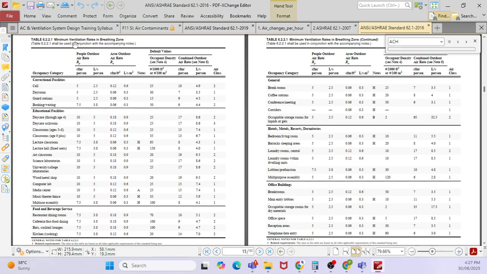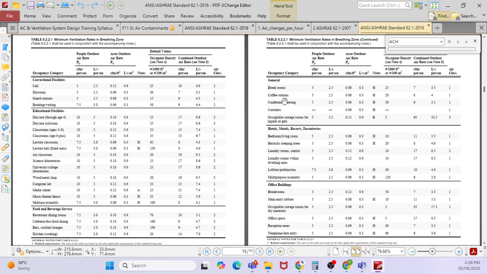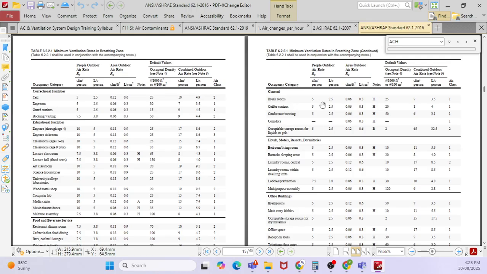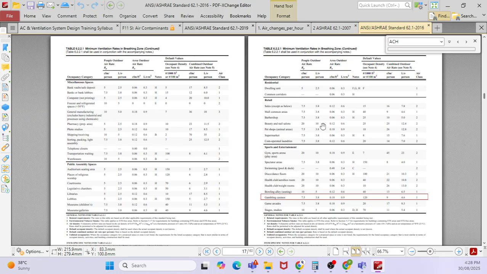So you have a minimum ventilation rate in the breathing zone. There are different applications, with occupancy categories like a day room, classrooms, an art classroom, a cafeteria, or coffee stations. You provide different fresh air for each. And how to calculate the fresh air, that I will explain to you. Now also if you go to the other spaces, like